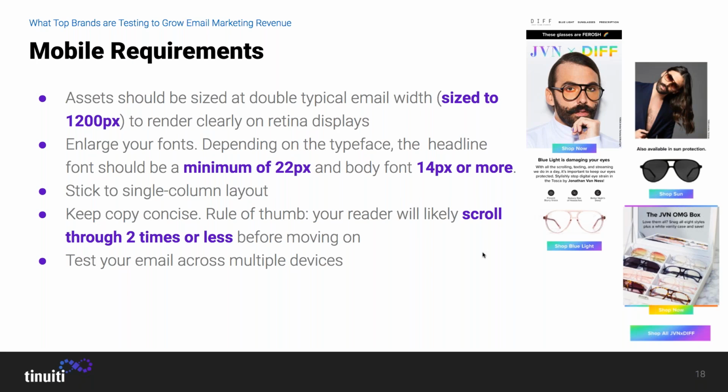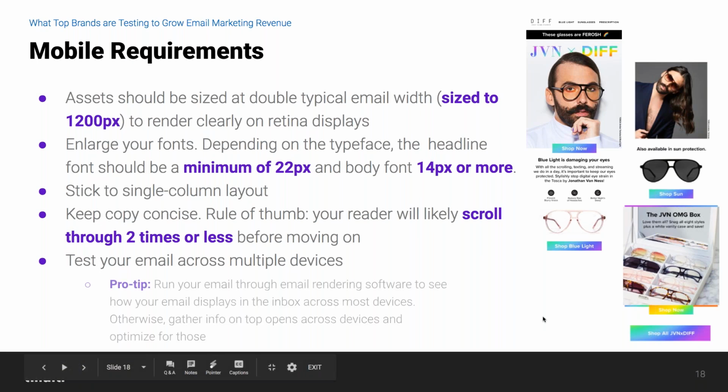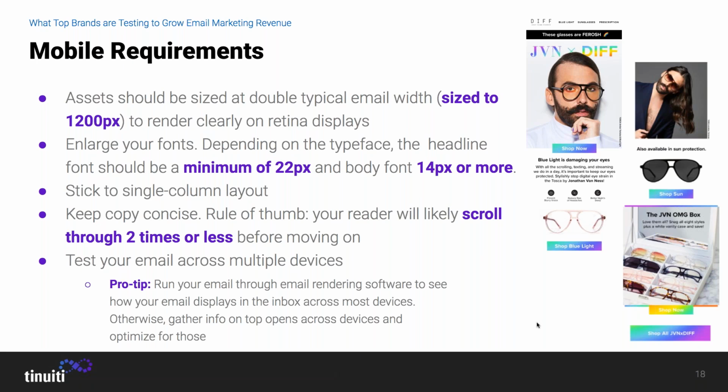So if you have 2 scrolls or less in your email, make sure, again, that hierarchy is arranging your elements in order of importance. And then test your email across multiple devices. So a pro tip, run that through email rendering software to see how your email displays in an inbox across most devices. Otherwise, gather your top opens. So go into your ESP and see how many contacts are opening on Gmail, how many are opening on iPhone,